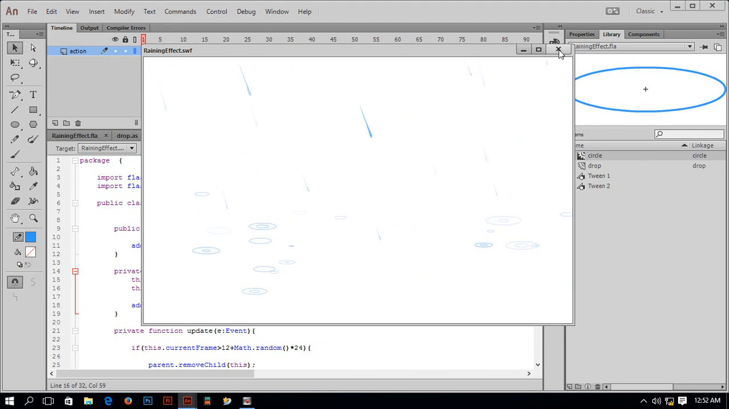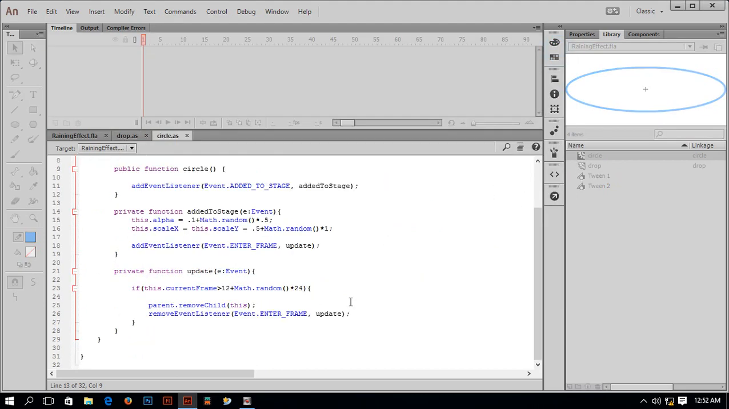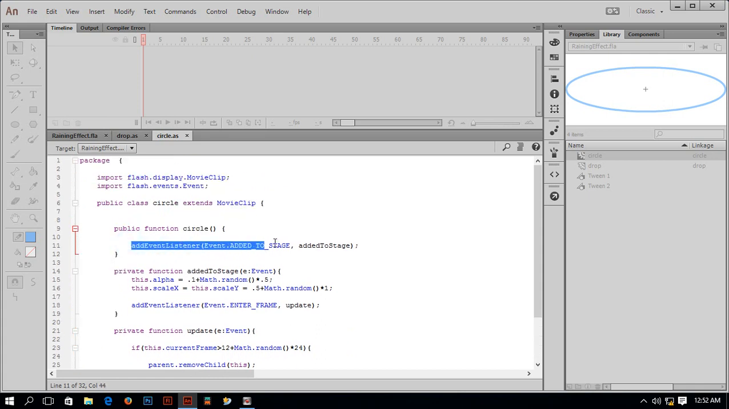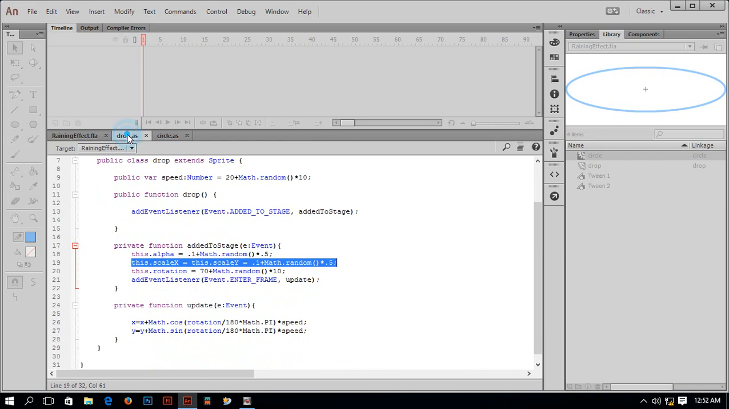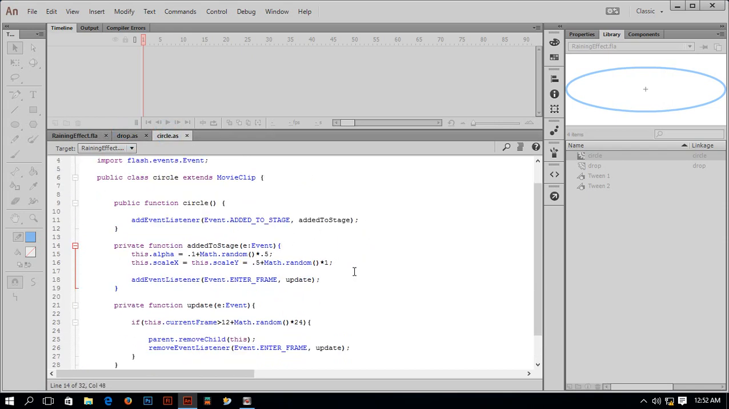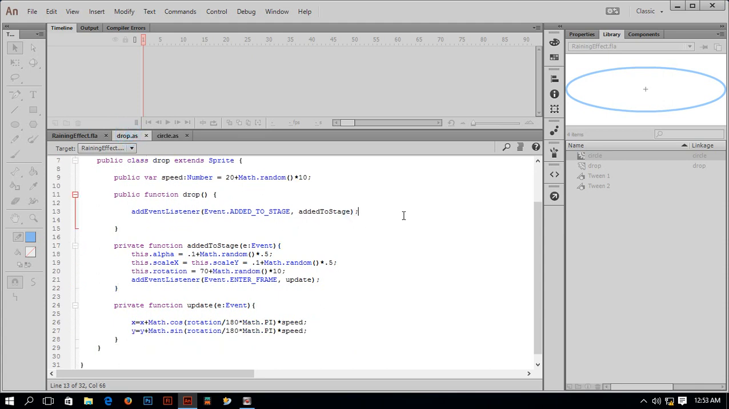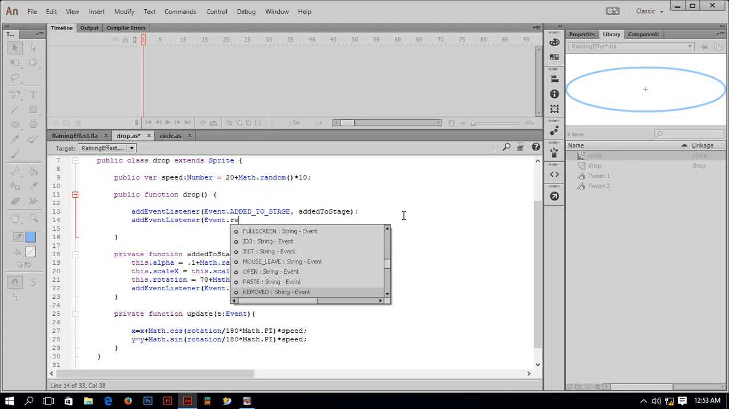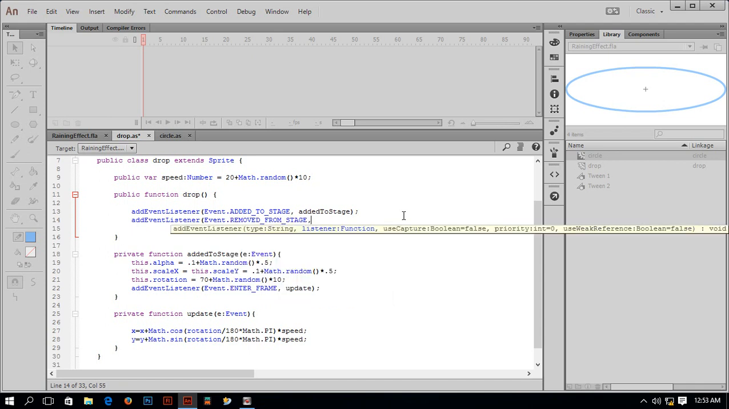Okay, but as we have added these two classes on stage, drop class and circle class, we have to also remove this from stage 2. So for the drop class, go, and this is a good practice. Okay, so type add event listener event dot remove from stage